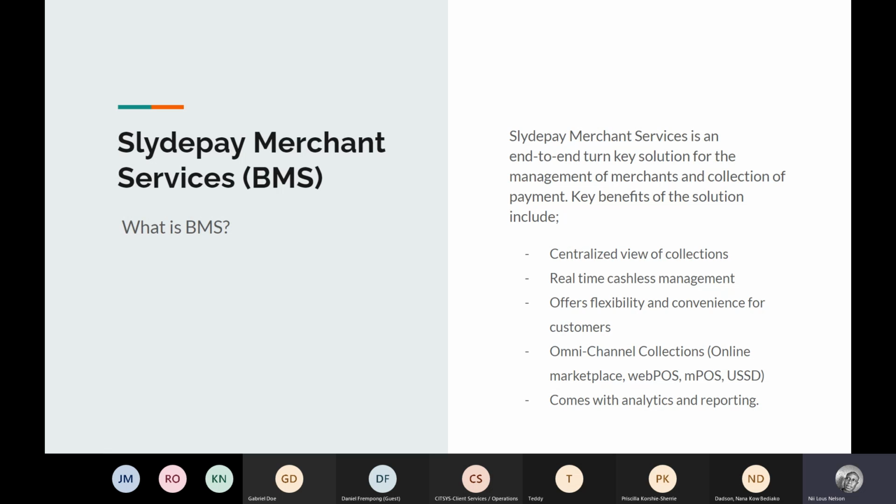The key benefits of the solution basically is around giving a centralized view of collections across each and every single channel, be it USSD, your online web integrations, or the Slydepay marketplace, right? Throughout all these channels, you'll be able to monitor as collections come in and orders are being made on the